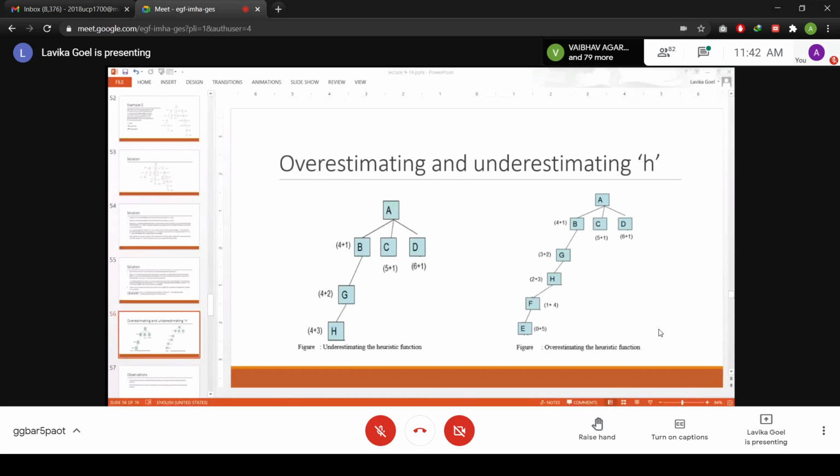So if you see the overestimating case, the other case on the right hand side diagram, the overestimation of the heuristic function. Let us say you have assumed the heuristic value of D, this last node D, as 6.